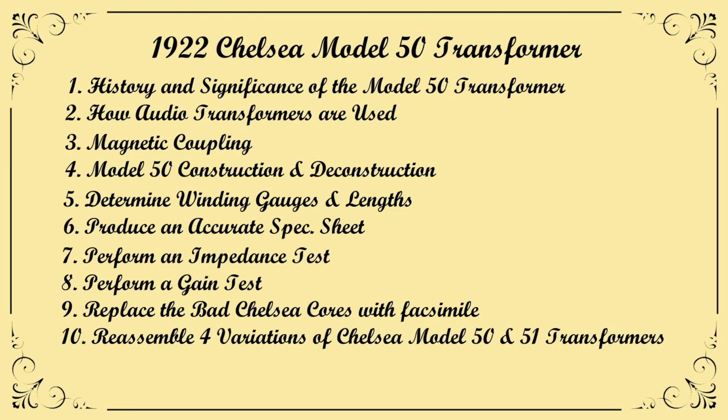This video will cover everything you need to know about the 1922 Model 50 transformer. We will discuss the history and significance of the Model 50 and 51 transformer, talk about how audio transformers are used, look at magnetic coupling versus other coupling methods, delve into the Model 50 and 51 construction, and then physically